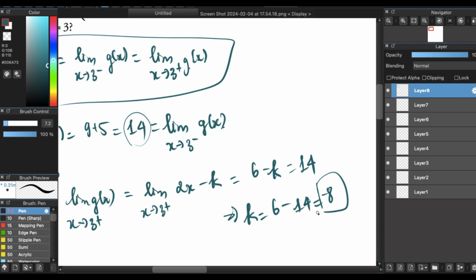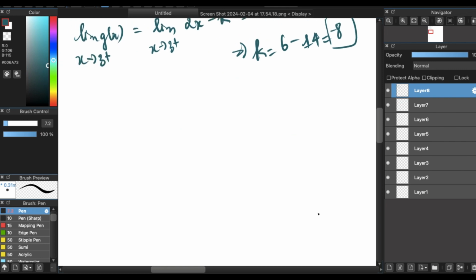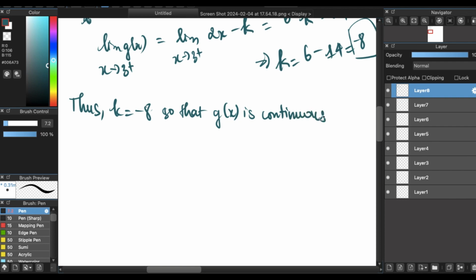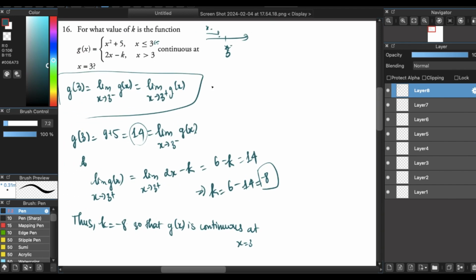So we conclude that k must be minus 8, so that g(x) is continuous at x equals 3. Yes, this is what we're going to have. Okay,